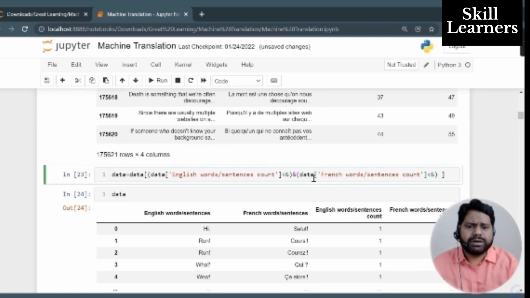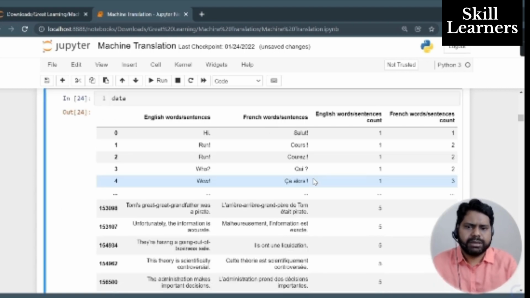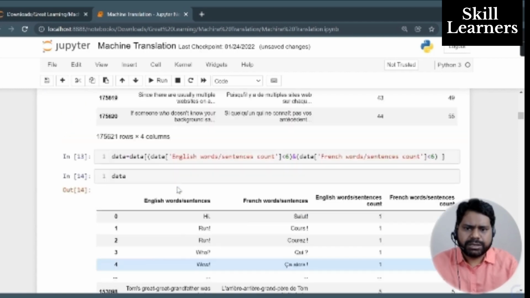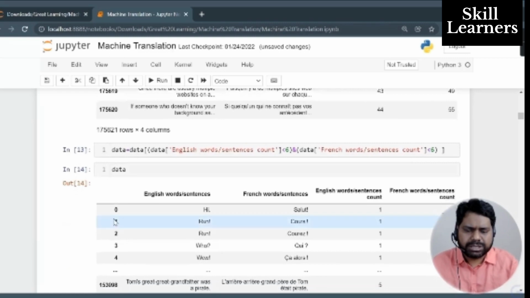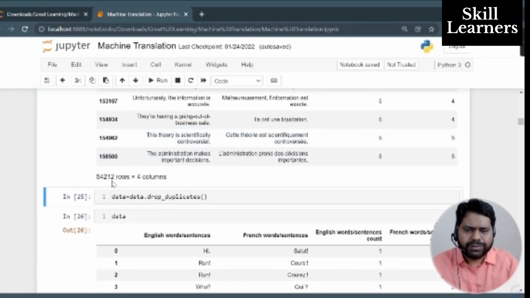For the sake of this encoder-decoder model, and we know that an encoder-decoder model does not perform well when the string lengths are very large, we are strictly using lengths up to 5. If anything is greater than 5, we will not be using those data points for training and for testing our model. Now let's execute it. Earlier we had 1,76,621 data points. Now we have 54,200